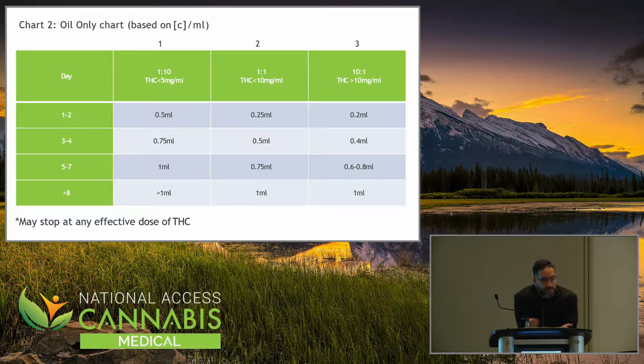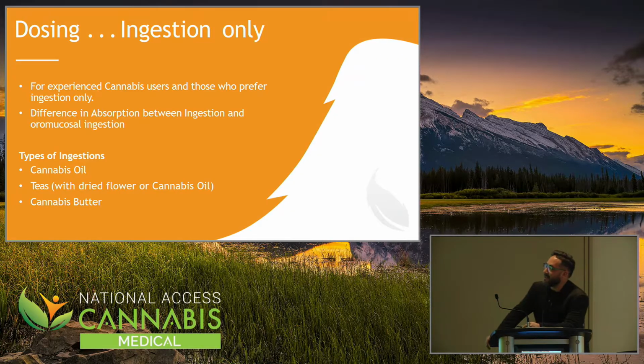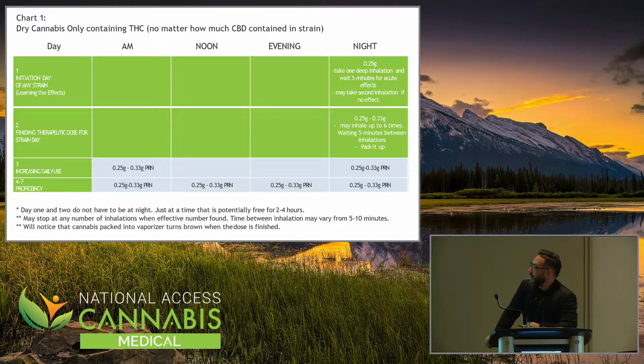So then if the vape protocol seems aggressive, maybe one's conservative and one's aggressive. It's very different. No, they're not. So if we go back to this, dry cannabis only. Remember, 0.25, 1 inhalation, right? Our goal is to get 20 milligrams at one given time. Eventually, that's 1 therapeutic dose for inhalation, at least according to most of the studies that are out there.